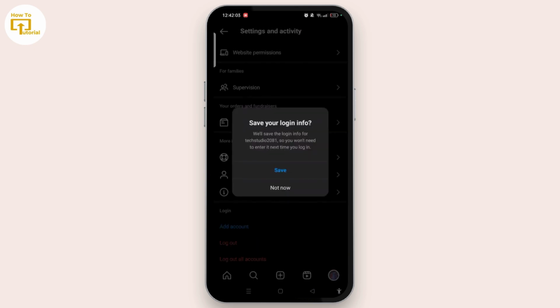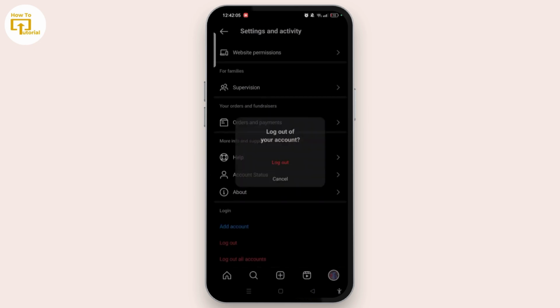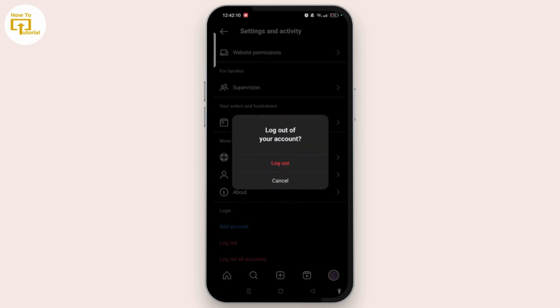Once you log out, you can easily log in to the same account on your other phone, that is your secondary phone, with all your credentials, and that is how you can easily transfer your Instagram account from one phone